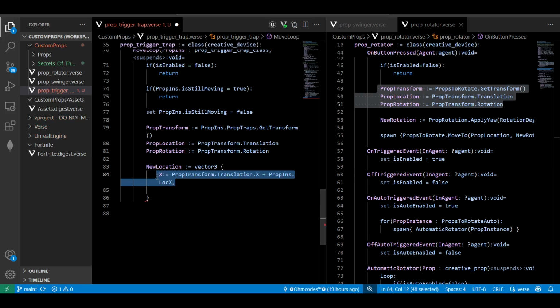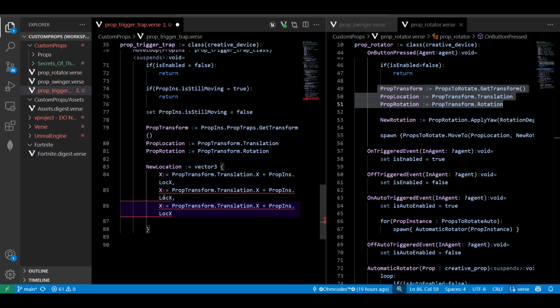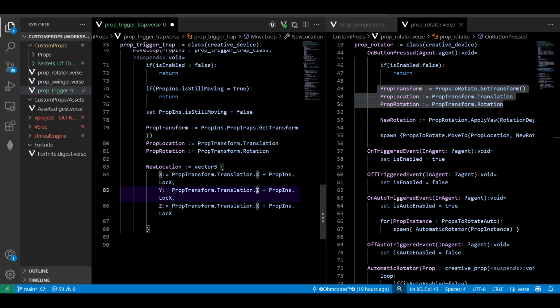So it goes up, right? So copy paste this one if you're lazy like me, and then make it like y and z. Make sure you use this y and z. Then here again y and z. Okay,